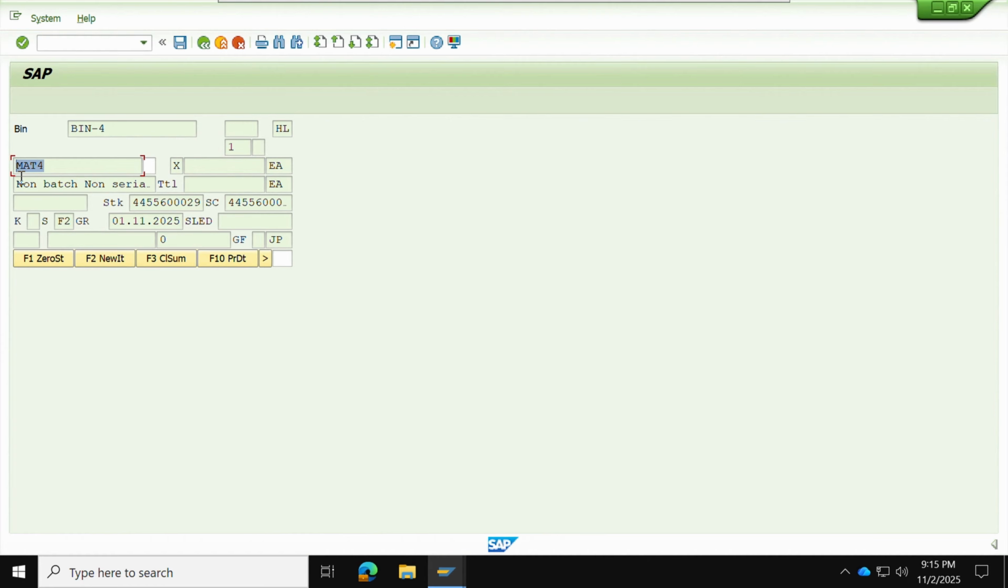Instead of this material, they found two other materials. One is a batch managed material, one is a serialized material. So how to handle this? In that case, they need to click on new item, because they found a new product which is not even listed here. So they just need to click here on new item. They need to provide the material ID, or scan the barcode. So test 2,